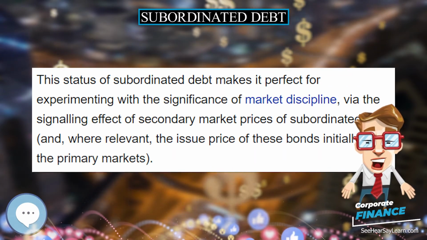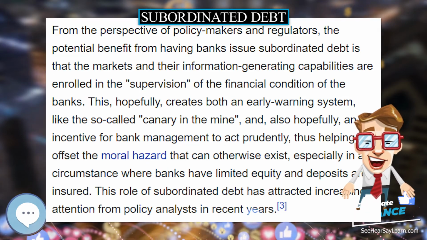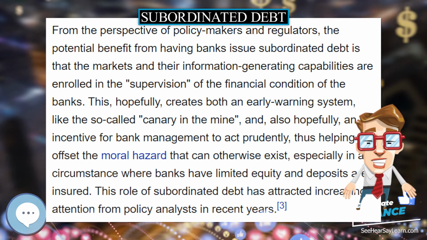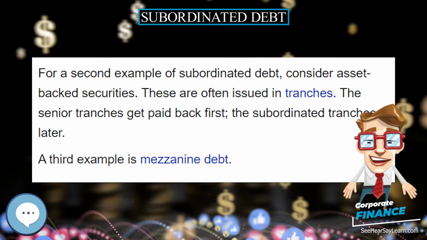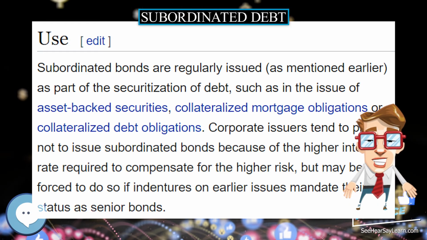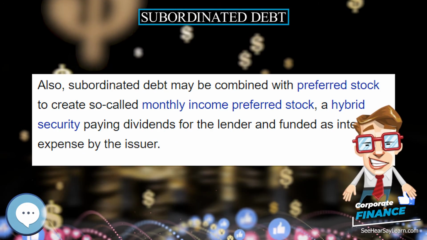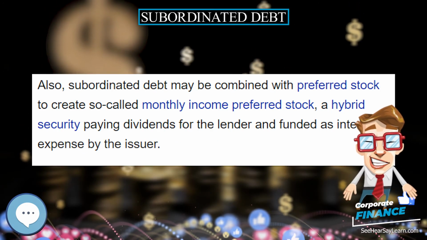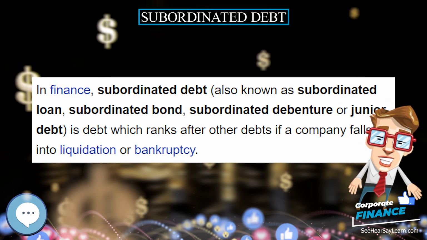Subordinated bonds are regularly issued, as mentioned earlier, as part of the securitization of debt, such as in the issue of asset-backed securities, collateralized mortgage obligations or collateralized debt obligations. Corporate issuers tend to prefer not to issue subordinated bonds because of the higher interest rate required to compensate for the higher risk, but may be forced to do so if indentures on earlier issues mandate their status as senior